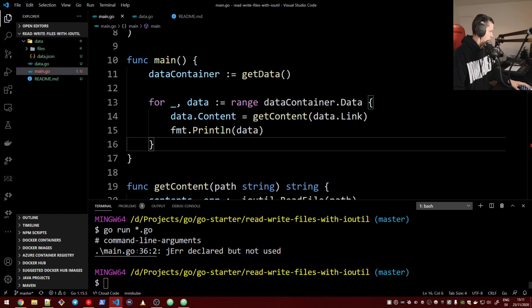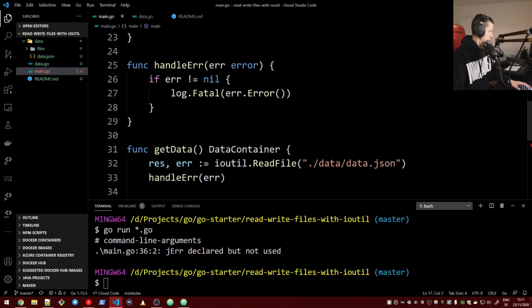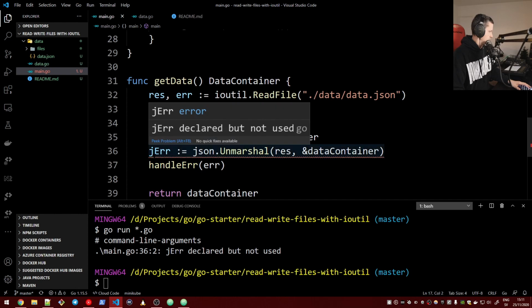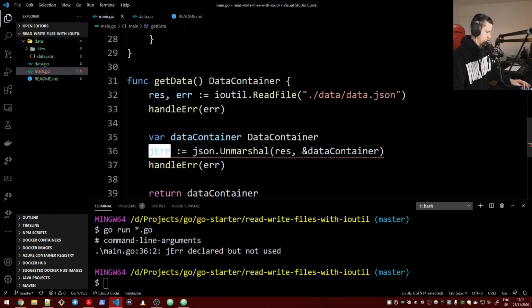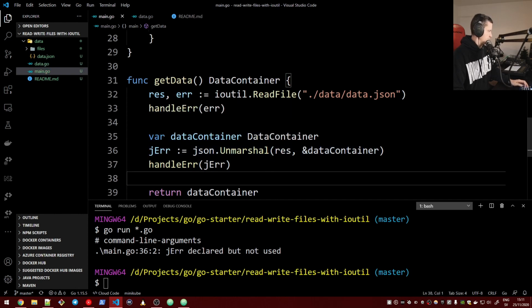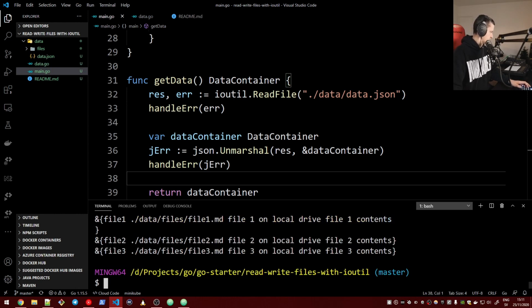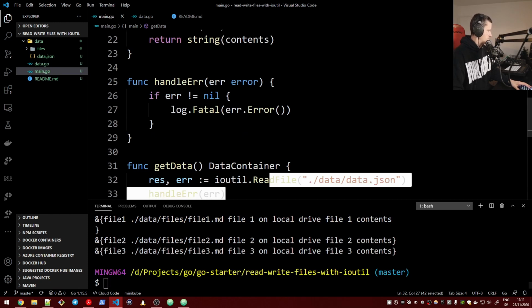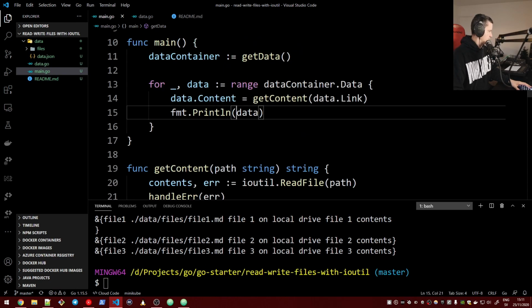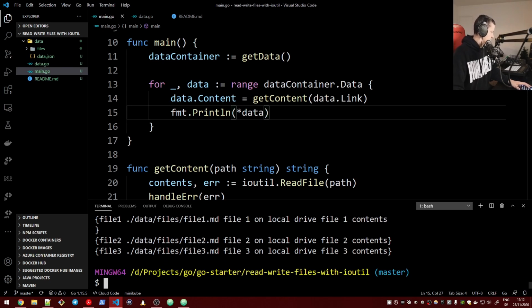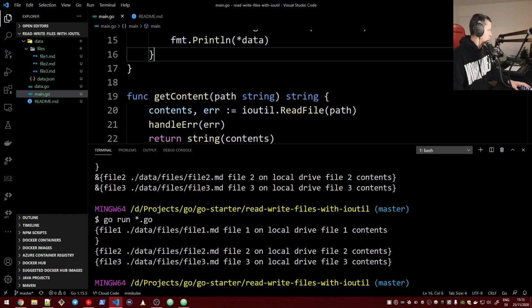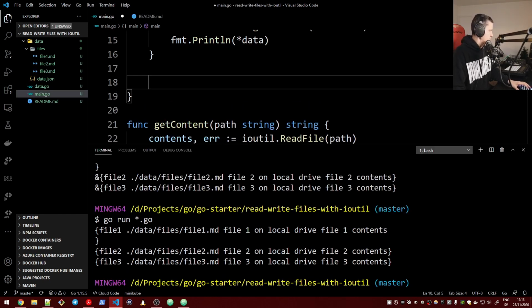Let's see what we have. Oh, it's line 36. Oops. This was supposed to be for this one, for this error. Okay, again. We need to dereference this pointer. So if the print line. So now we go here to